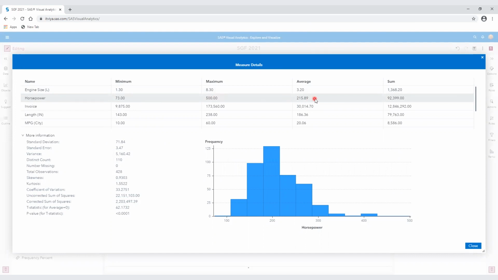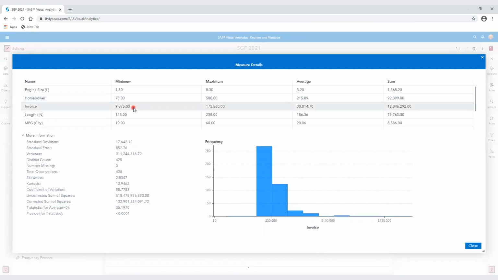We see the average. We see the sum. We probably don't care about the sum, but we got these instant statistics. For all of our measures, for invoice, we see the minimum price and the maximum invoice price and the average invoice price, and so forth through all of our measures.